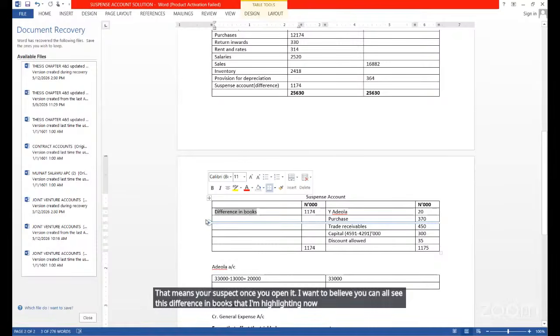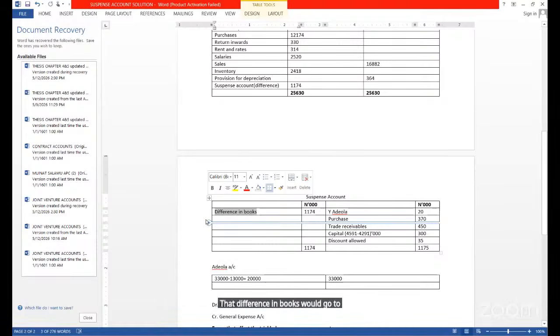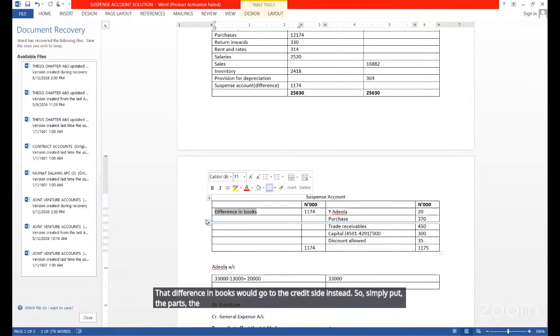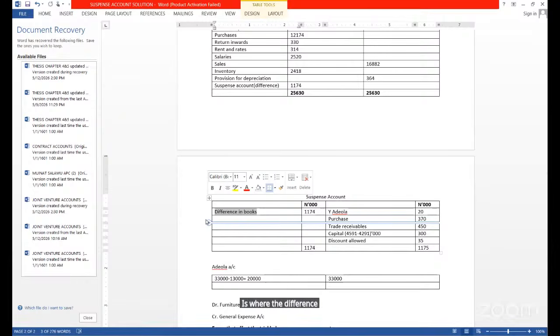That difference in books would go to the credit side instead. So simply put, the side of the trial balance with a lower total is where the difference in the trial balance goes to. Now, this difference in the trial balance